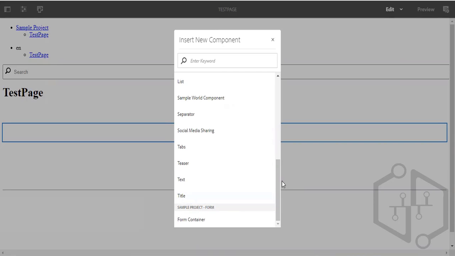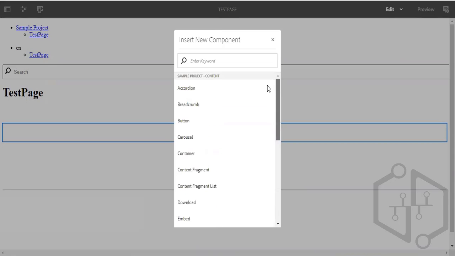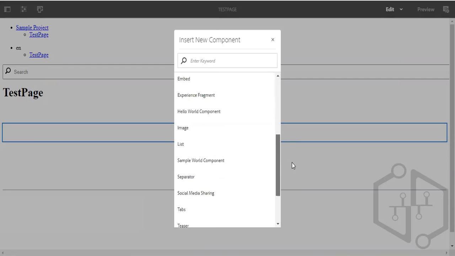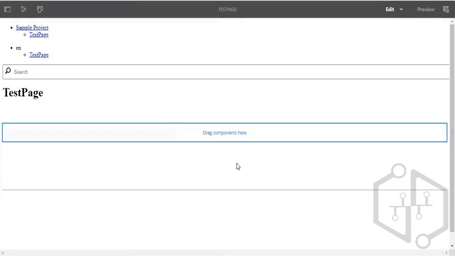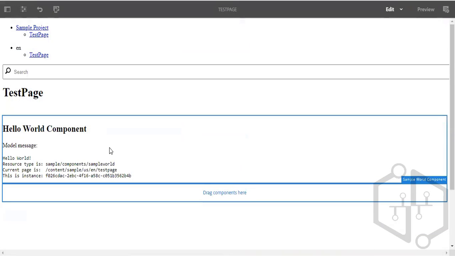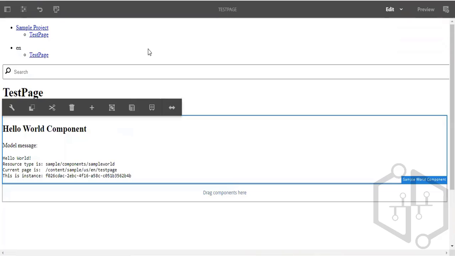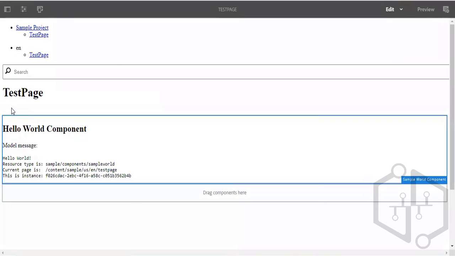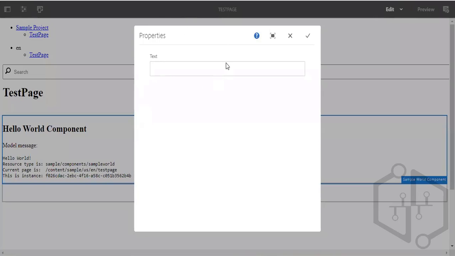Okay. Yeah. So the component that we created was sample word component. Here you can see it is appearing. It was under the group which was sample project content. So our component is over here. Let me just select this. You can say it pasted something. Great. Now if I click on this screw icon, you can see it opened up a dialog for me which